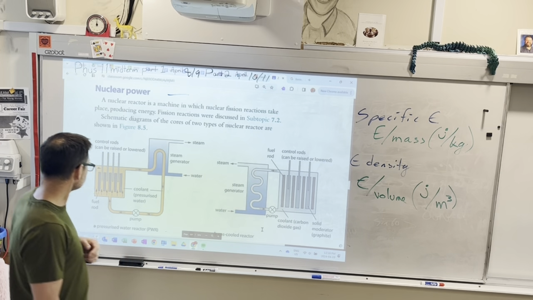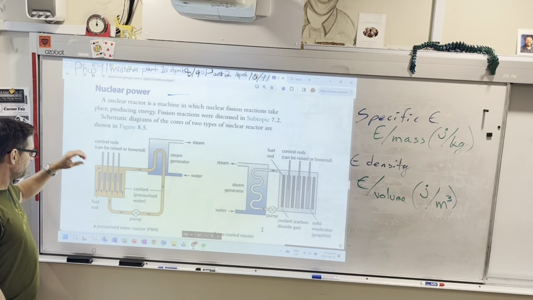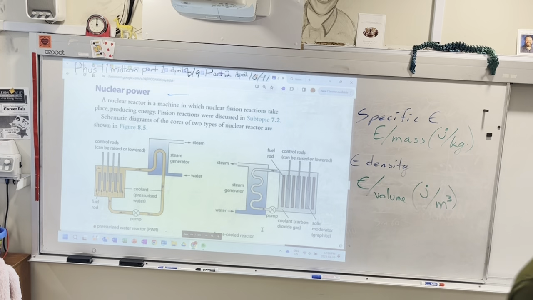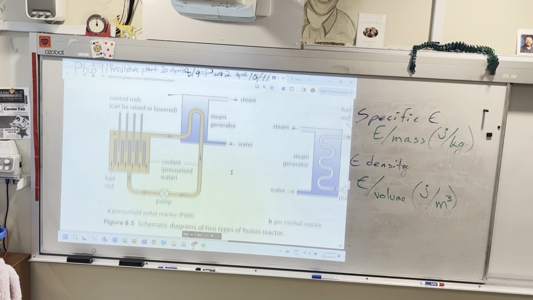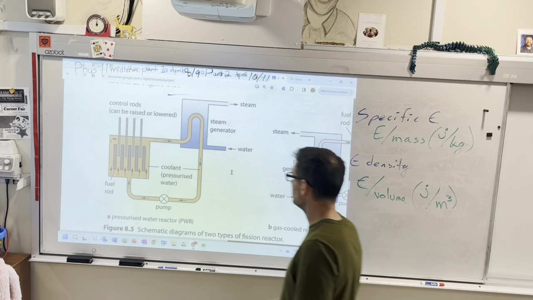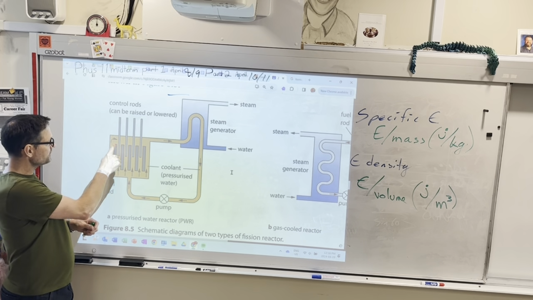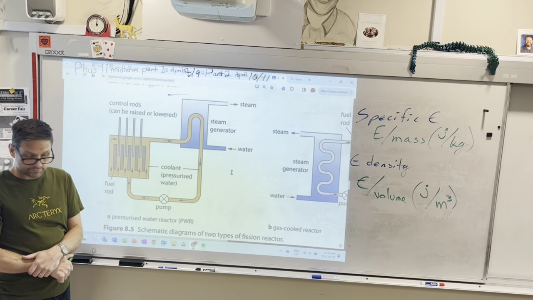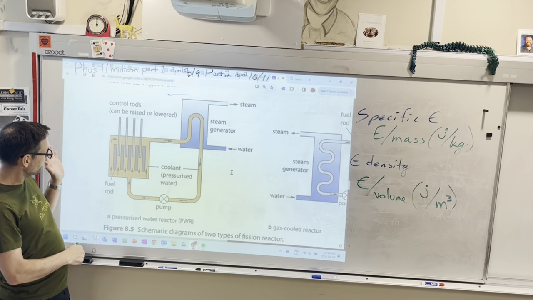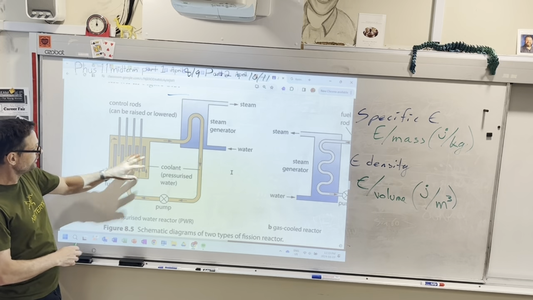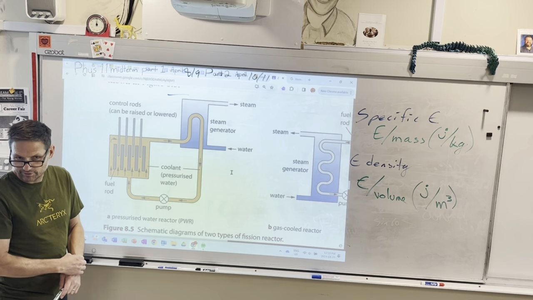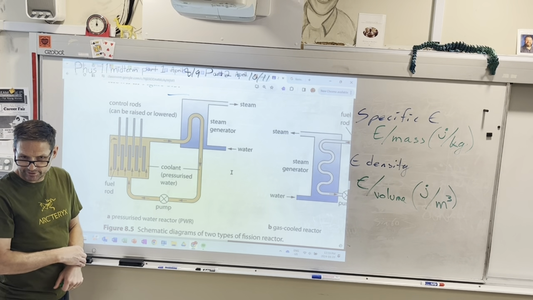So this is fission, and you have some fuel in here. Let me blow this up a little bit. There are a bunch of different designs. The pressurized water reactor is pretty common. So you have these fuel rods, and they would have U-235 probably. And then you have to have a moderator in here. So this block would be made of either graphite or water, probably. Different moderators can be used, but